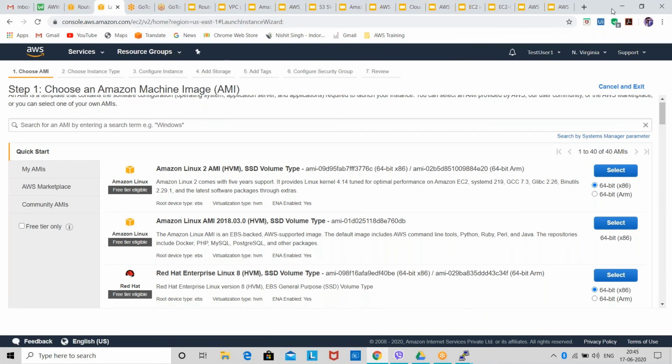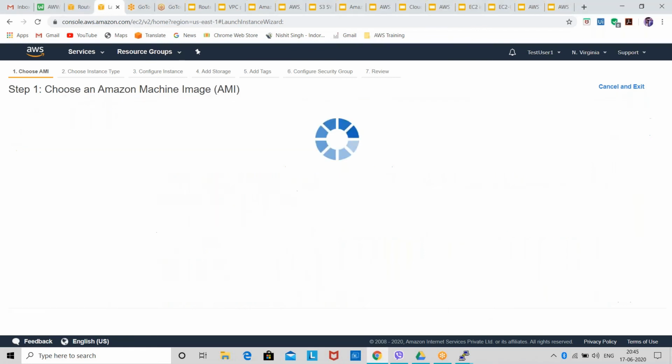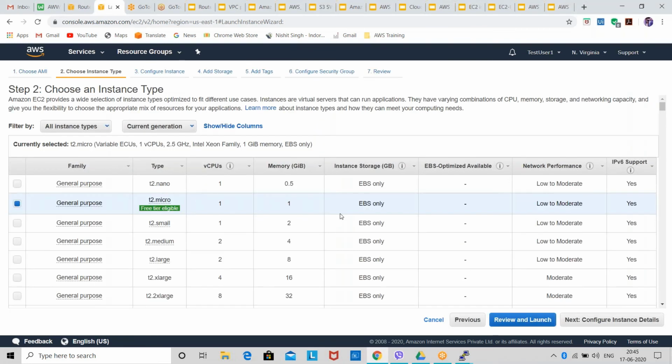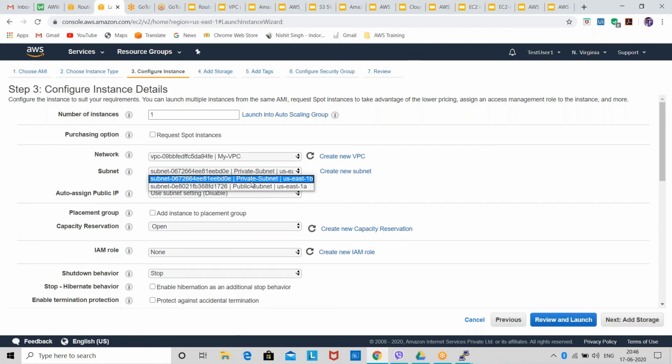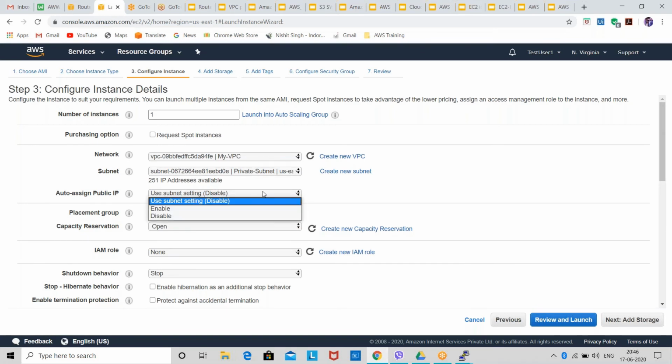So how will you launch an instance in your VPC? Select the instance, then select the hardware, and go on to next. In the network section, select your VPC and your subnet. If you are creating your instance in a public subnet, enable auto assign IP.